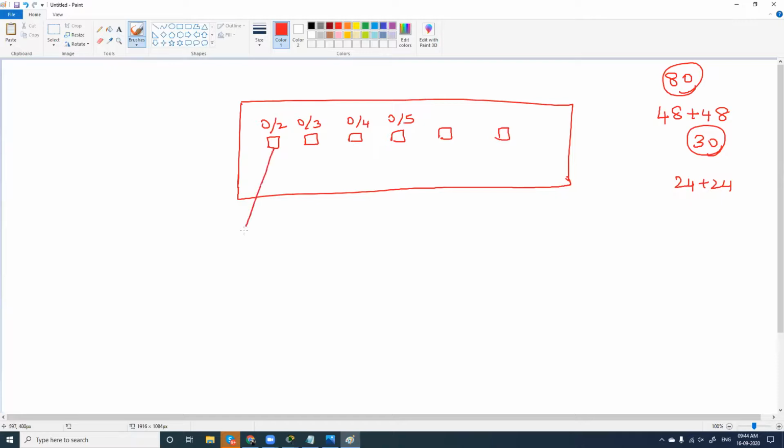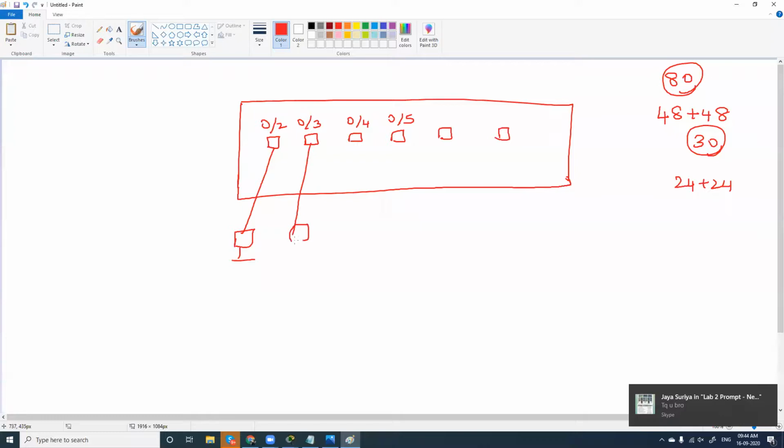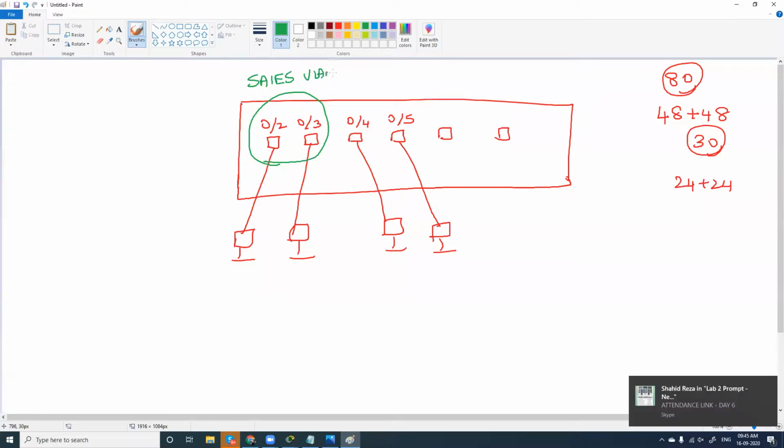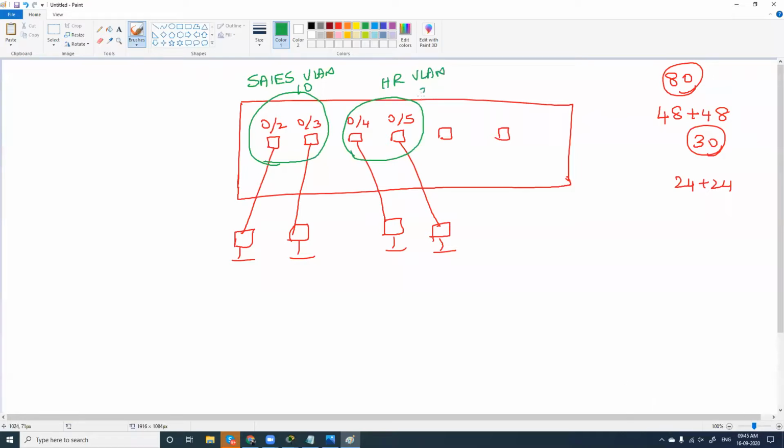What I'm going to do now is connect 2 computers to these 2 ports, and again 2 computers to the other 2 ports. This time, not like subnetting, I'm not going to work out IP addresses and other things, but I'm going to configure these 2 ports as sales VLAN with the number 10, and these 2 ports as HR VLAN with the number 20.